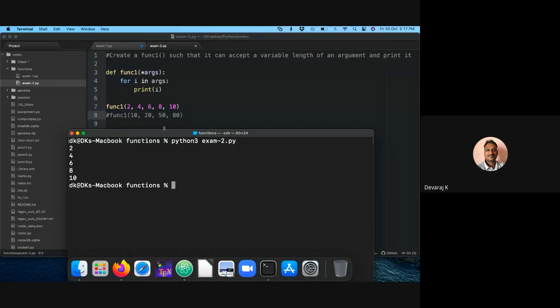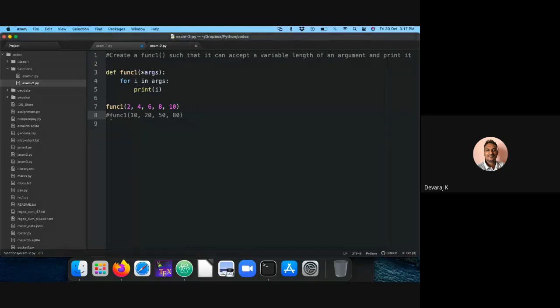It accepts the arguments and prints them. So after each function call it was doing this. The first call was printing 2, 4, 6, 8, 10. Now if I comment the earlier one and save, it has to print 10, 20, 50, 80. That's all. So, clear.